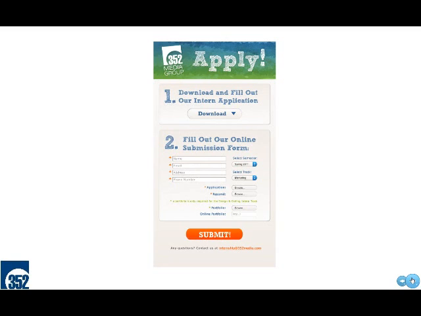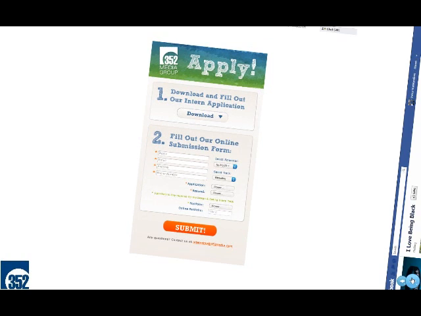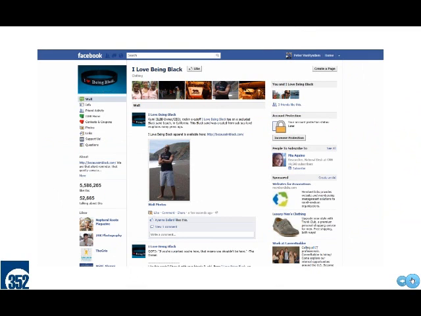And just to take it one step further, we're actually in the process of putting together an application for our internship program right on our Facebook page, which just lets them actually complete that entire experience on Facebook without ever having to come to our site, which we think will be very effective. So I just wanted to show you that design. That's not quite done yet, but this is another great example of a company that's doing this very well.